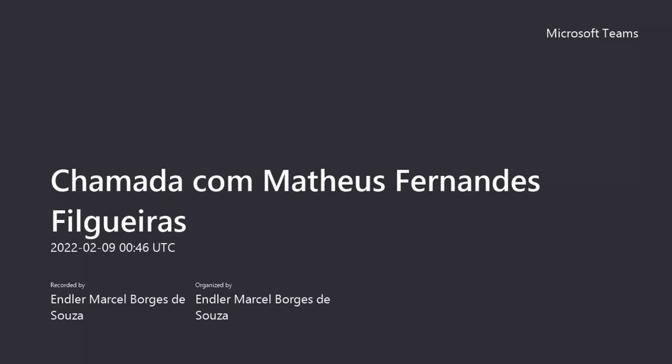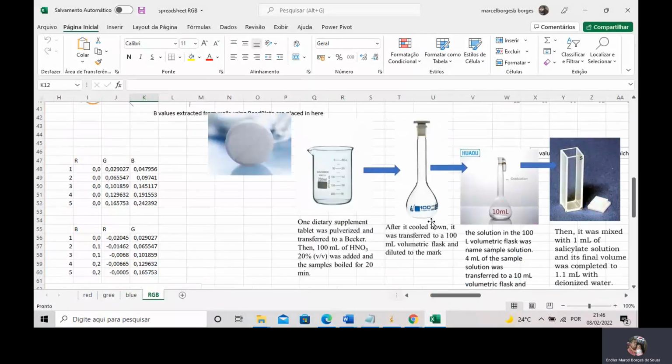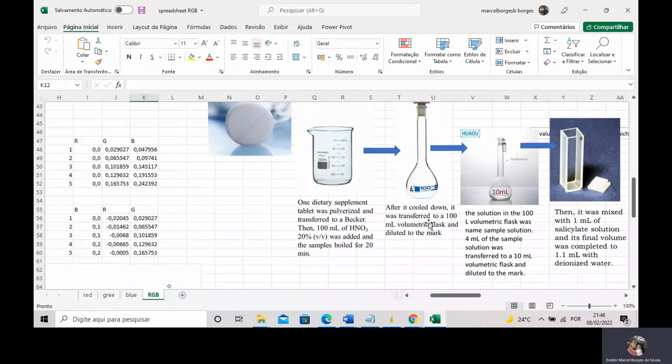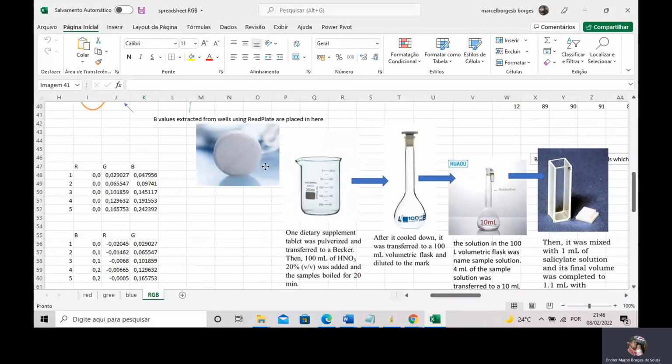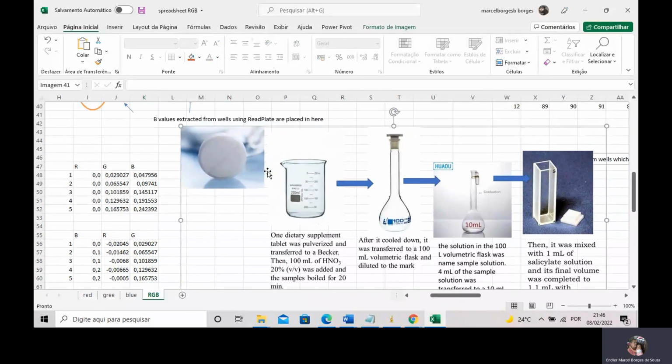We are going to explain, we are talking about the determination of iron in dietary supplements. As we have talked about in your last videos, you have an iron supplement. It is iron sulfate. It was powdered, placed in a beaker, and 100 milliliters of diluted nitric